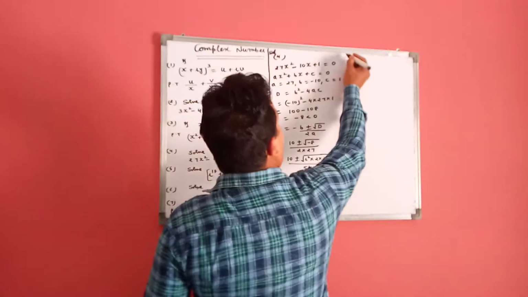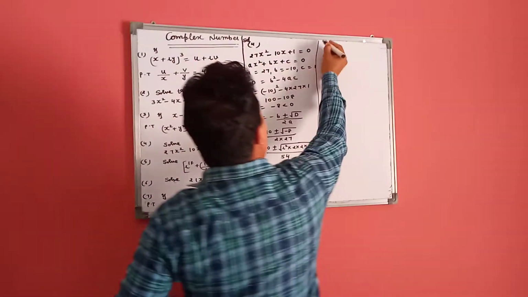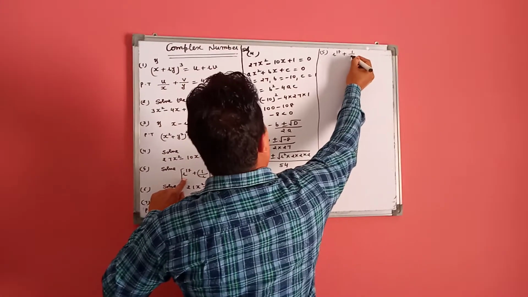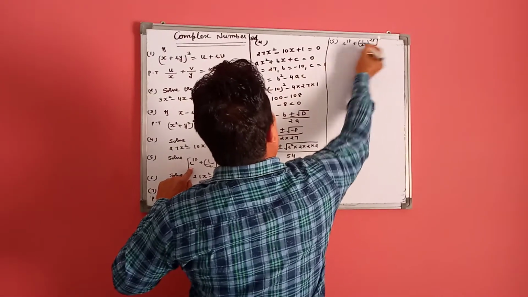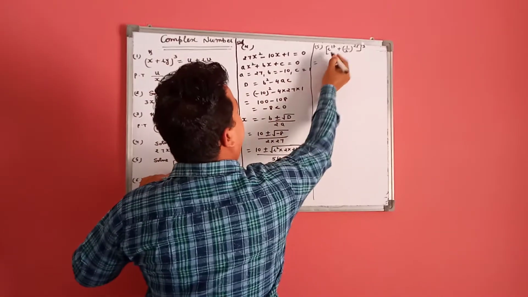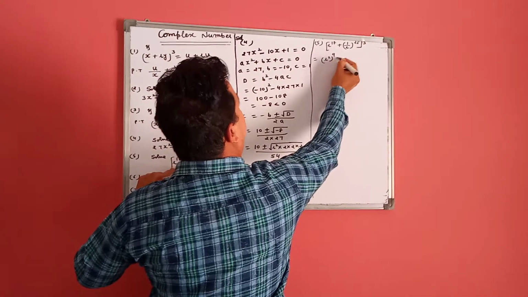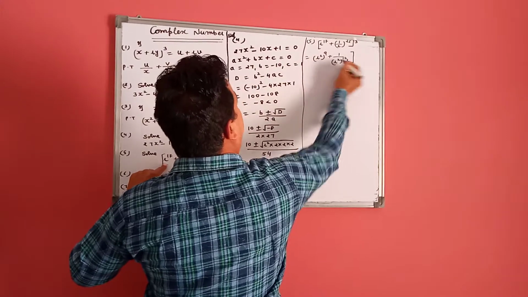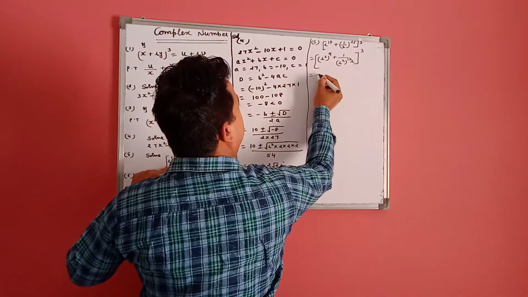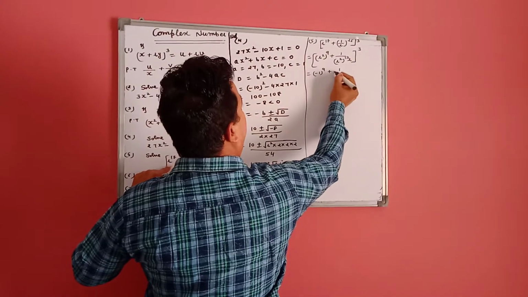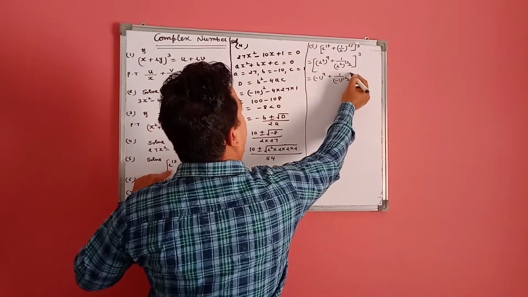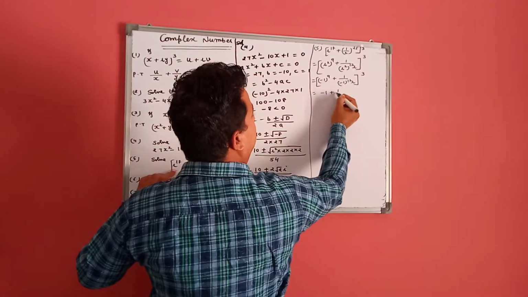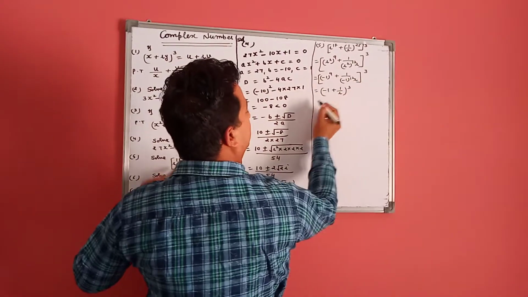In question number 5th, the statement is (y to the power 18 plus 1 by y to the power 25) whole cube. In this question we write (y square) whole power 9. 25 is (y square) to the power 12 into y. Whole cube. In this y square is minus 1, y square is minus 1. The equation becomes this, minus 1 plus this becomes 1 by y, whole cube.